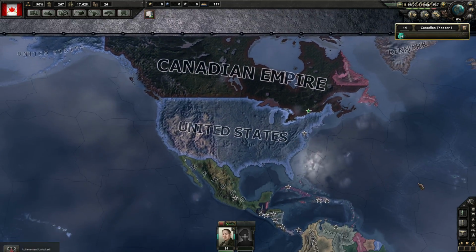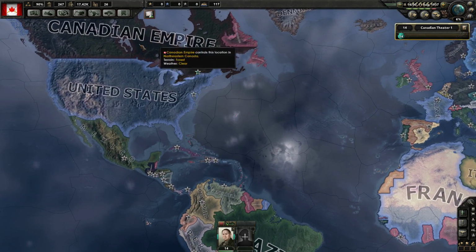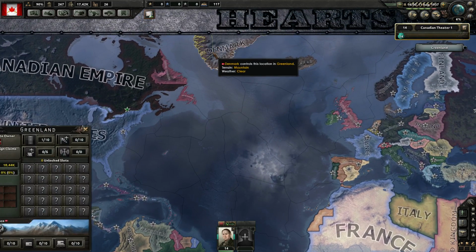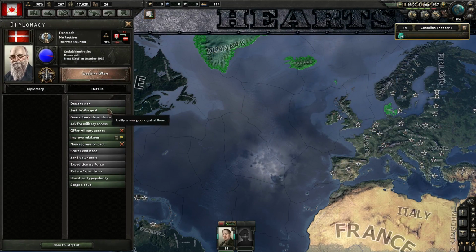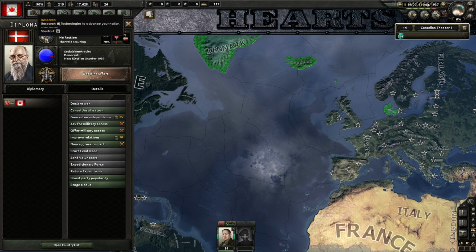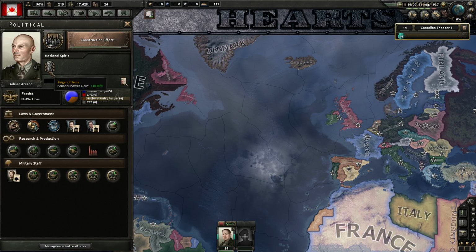Not particularly hard. After this, I don't know what you would try and do. The United States would just slaughter you no matter what. I guess you would probably come up here and fabricate a claim on Denmark. Justify the war goal. Conquer Greenland. And you would use the points that you'd saved up to